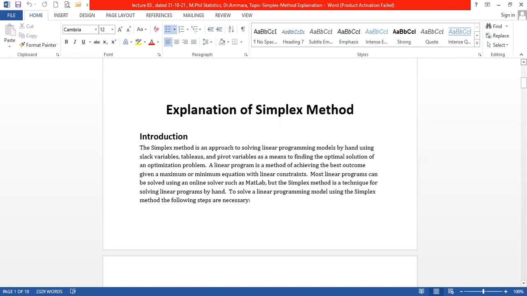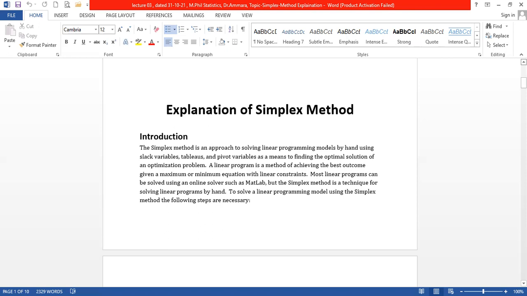And if at least one Zj minus Cj is negative, we have to pick it. Then it indicates that column, and this column is called the key column. After finding the key column, we will find the key row, and this key row and this key column are called the incoming vector. Then we calculate the minimum ratio between these, what we call objective functions, and find out the key column.